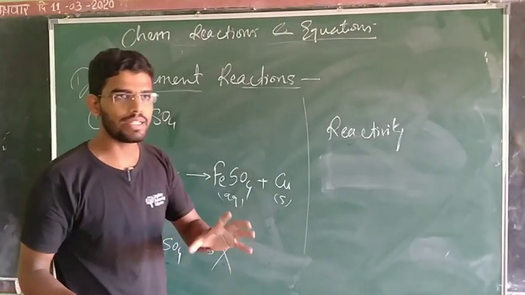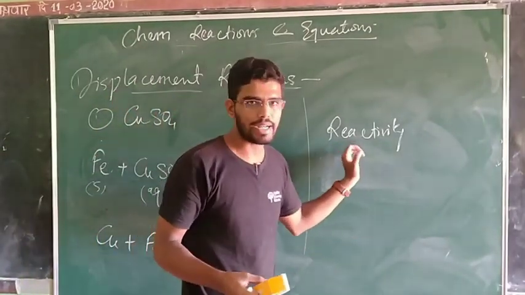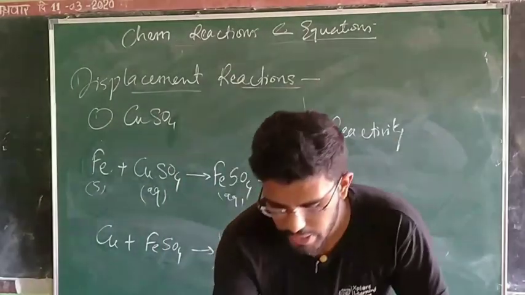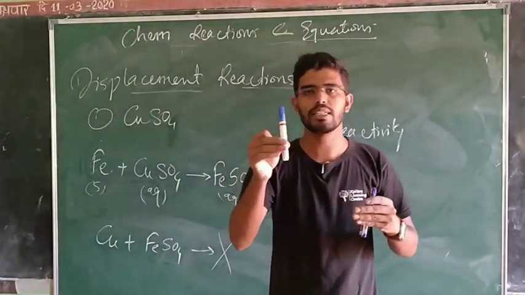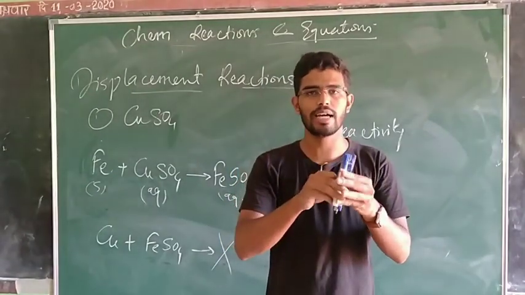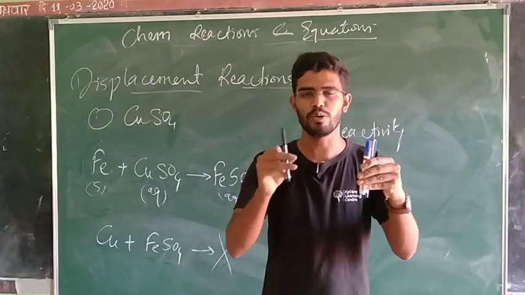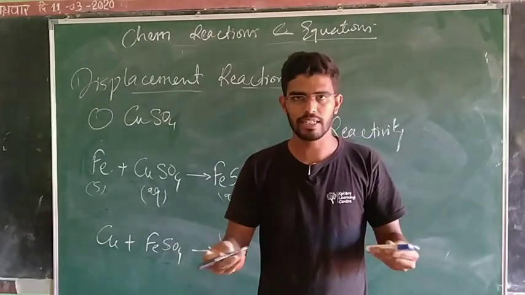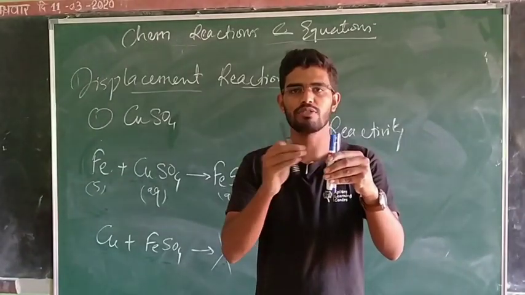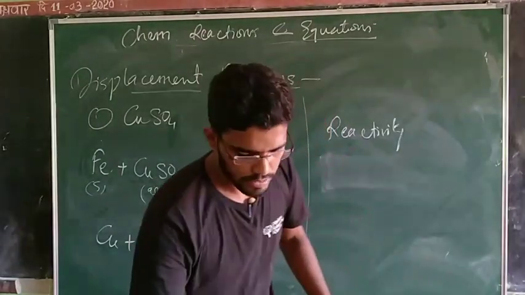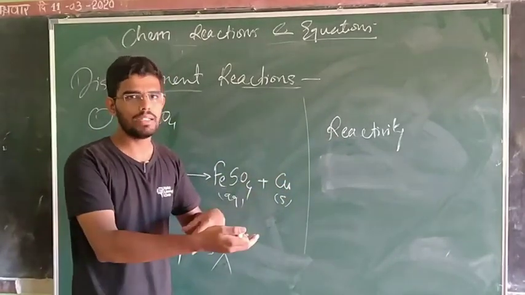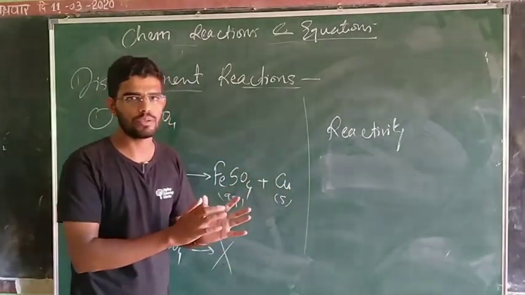Okay, that's the very interesting part. That is what? The reactivity. The species more reactive, इसको हम बोल सकते हैं ये ज़्यादा reactive है. Okay, as the species is more reactive, it can displace another species from the compound easily. But in the reverse case, as this species is less reactive, it cannot displace the more reactive species. Okay, that means we need to have a more reactive species in order to displace a less reactive species from the compound.